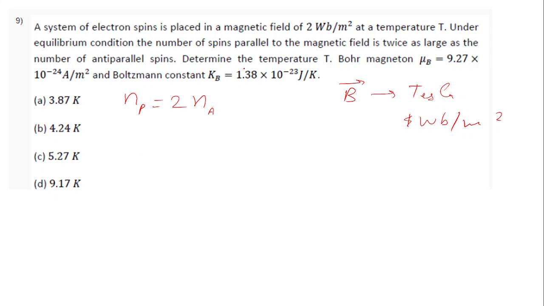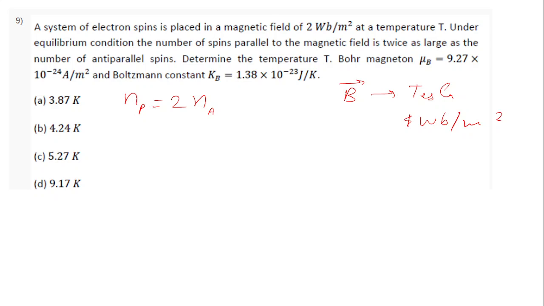Spins mean magnetic moments actually. Because in ferromagnetism, when we'll discuss, we'll see why we are calling spin, because spin angular momentum is considered there, unlike diamagnetism where we were only talking about orbital angular momentum, and because of that orbital magnetic moment. So when we consider spin angular momentum and spin magnetic moment, or simply we just call it spin, basically it's magnetic moment here. Okay?